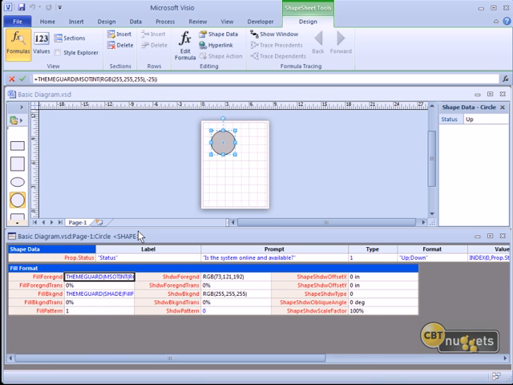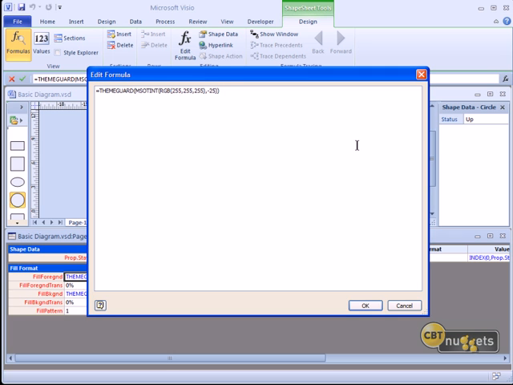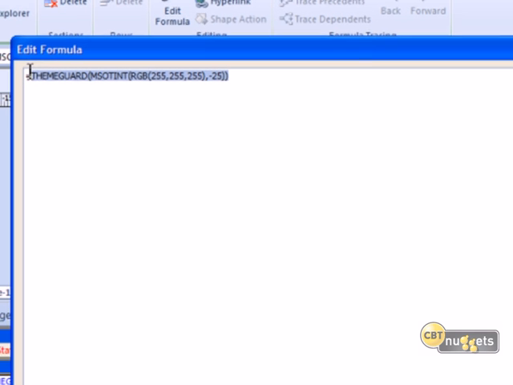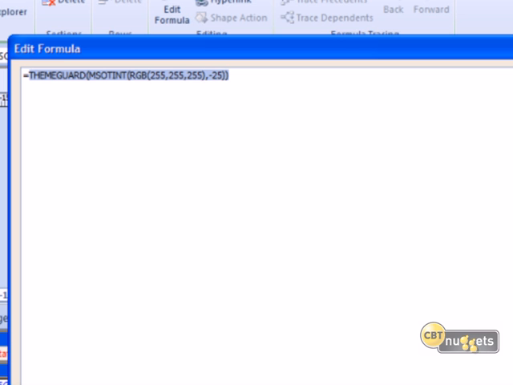Now you notice it already has a formula in there, something called theme guard, MSO tint, and so on. We're going to replace this formula altogether. I'm going to click in the formula bar and click edit formula. And I'm just going to ask you to take what I'm about to type on faith because unfortunately we don't have the bandwidth to fully explain it in this video. Consult the documentation, friends. Essentially what's happening here is that I'm using an if statement to do a string comparison,